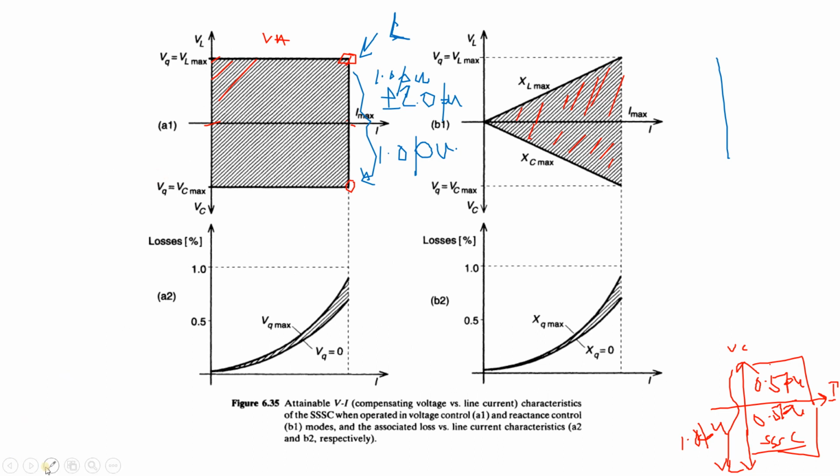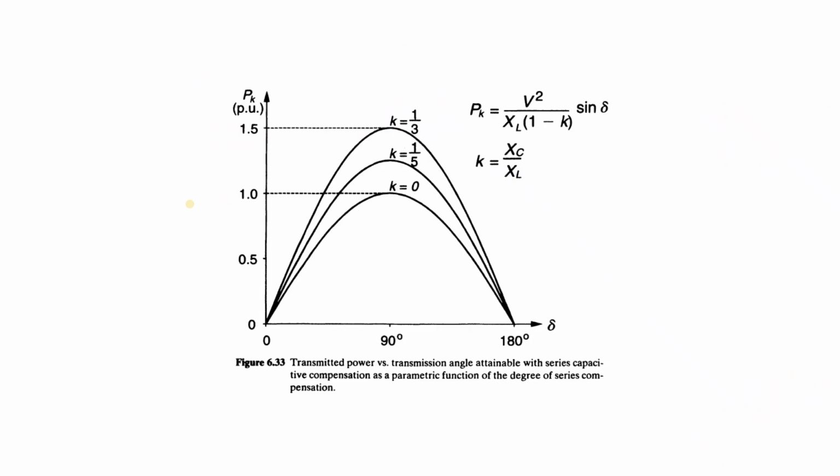So if you compare these two with the previous one, over here it is not generally in this way, it is a little bit slanted. Otherwise this is for 1 per unit, but if I want to represent in totality, it will be slanted like this. Why? Because over here we are getting 2 per unit, 1 over here and 1 over here, so total 2 per unit we are getting.